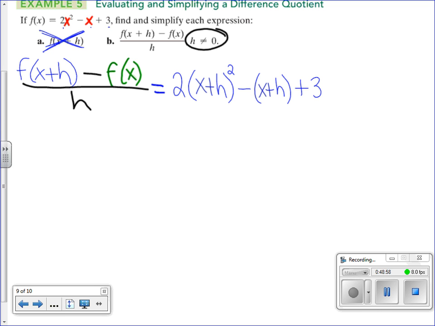Okay, that's it for that one. Then we're going to need a negative, and then we're going to include the original function, that's what I have here, f of x. And so,